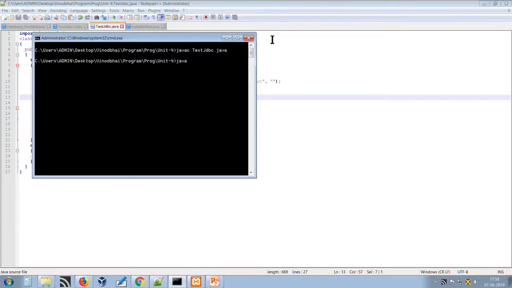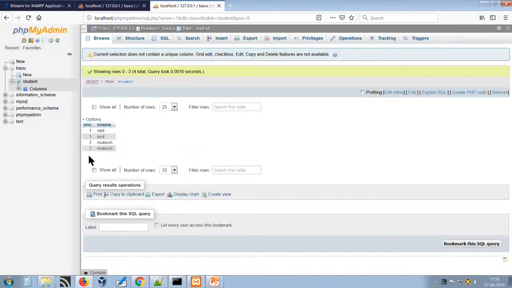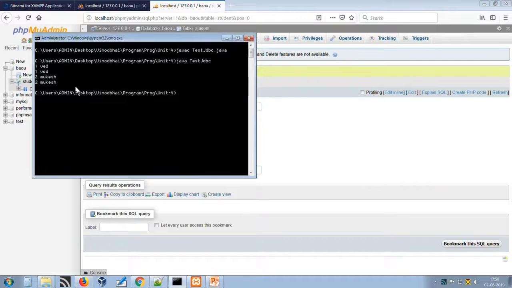Compilation is successful. Now we will write the command to run the program. So we can see all the records stored in the database. In the database we have 4 records, and the same records have been displayed here on our prompt.